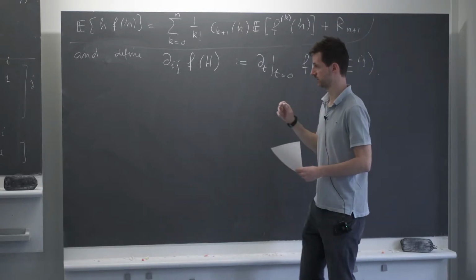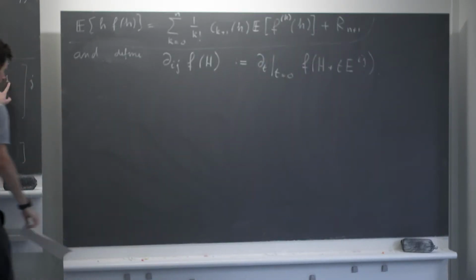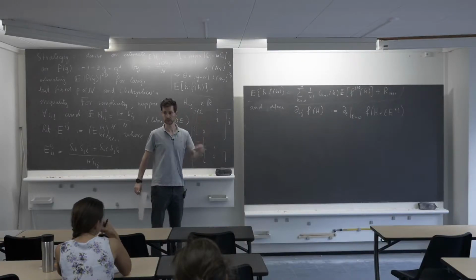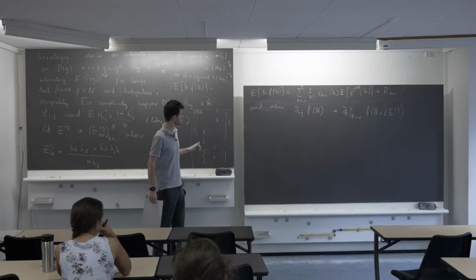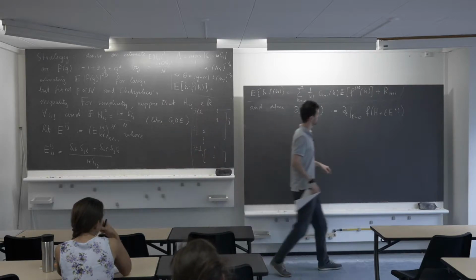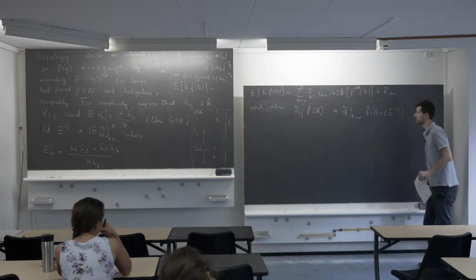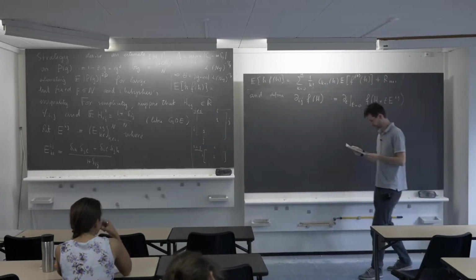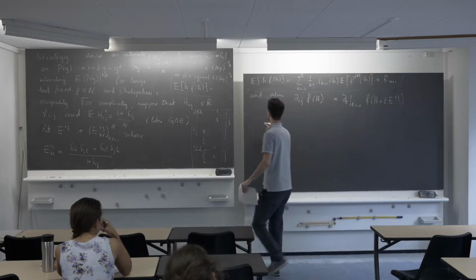If I just differentiated one entry, then I would be differentiating in a direction that is not within this subspace of symmetric matrices. So now I'm differentiating in a direction, Eij, that lies in the space of symmetric real matrices. Okay,